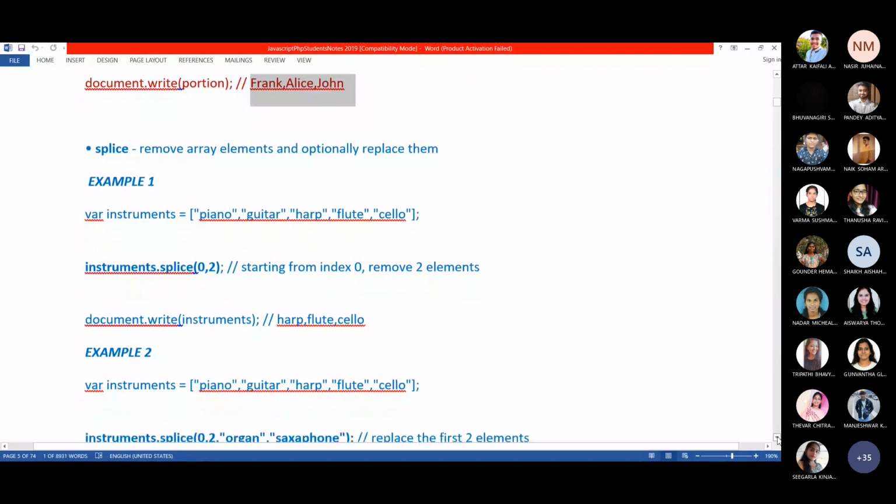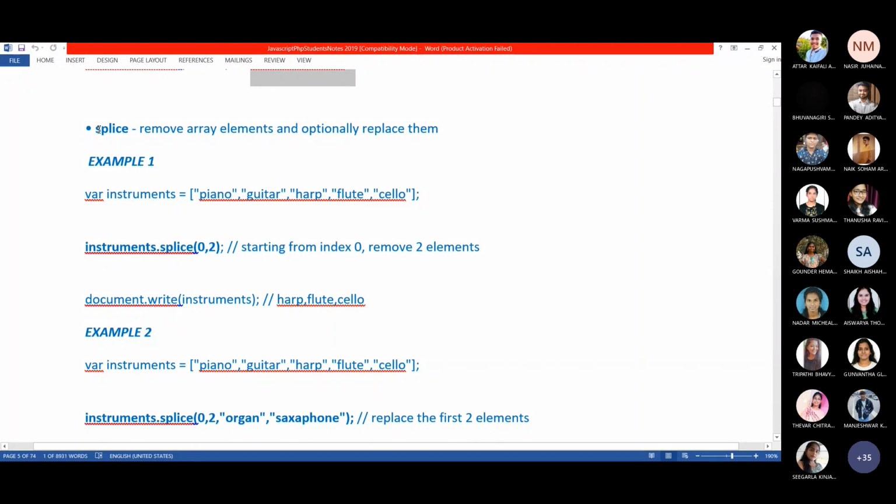We have another method which is called splice. The previous one was slice. This is splice, S-P-L-I-C. Splice removes array elements and optionally replaces them. Replacing is actually the main function of splice, because for removing elements we have other methods.